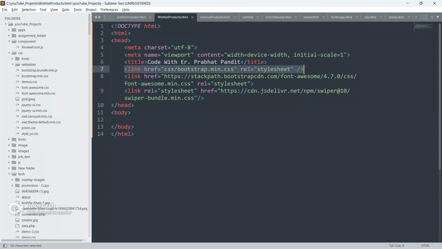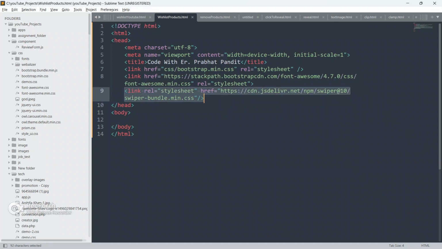The first link is bootstrap.min.css. Yes guys, I'm gonna use Bootstrap in this session to save a lot of time and effort. This is the folder name CSS and this is the file name bootstrap.min.css, and this is the Font Awesome icon CDN link.